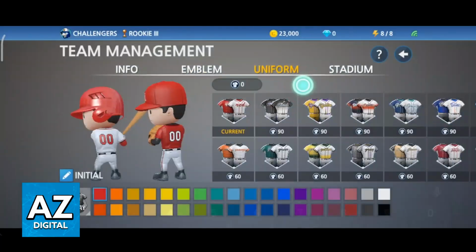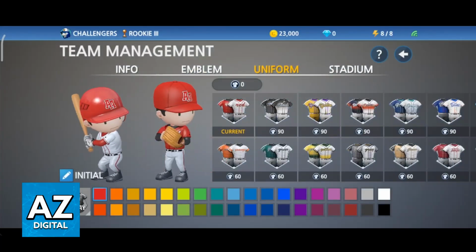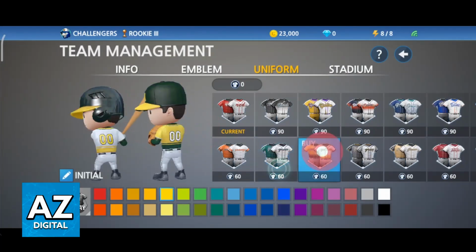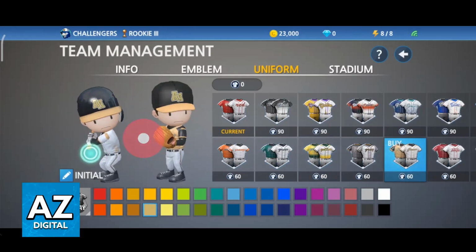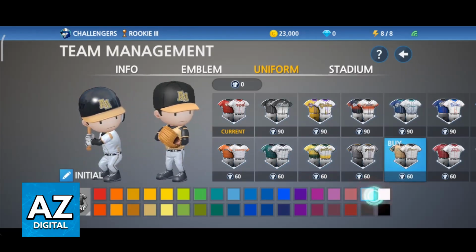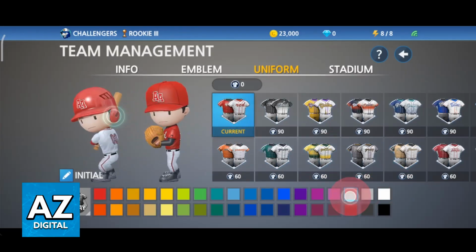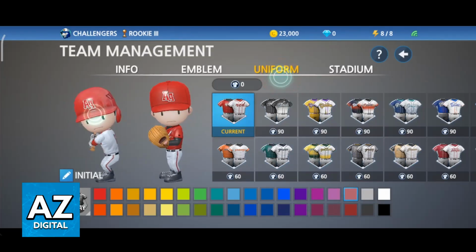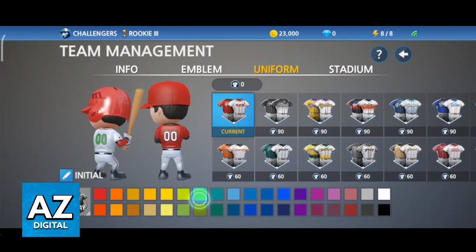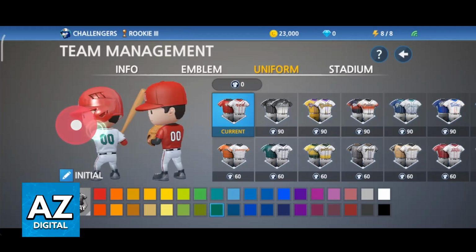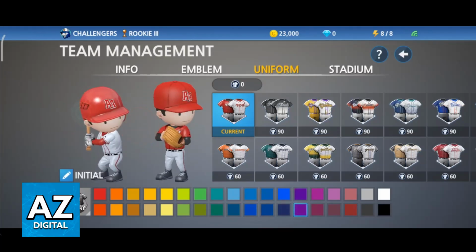It is super easy to do, and you will find the option available under Uniform. It is going to be reflected immediately, and you can see how it is going to look on different color sets and different uniforms. Super simple, and just go over to the Uniform category, and you will be able to customize it here.